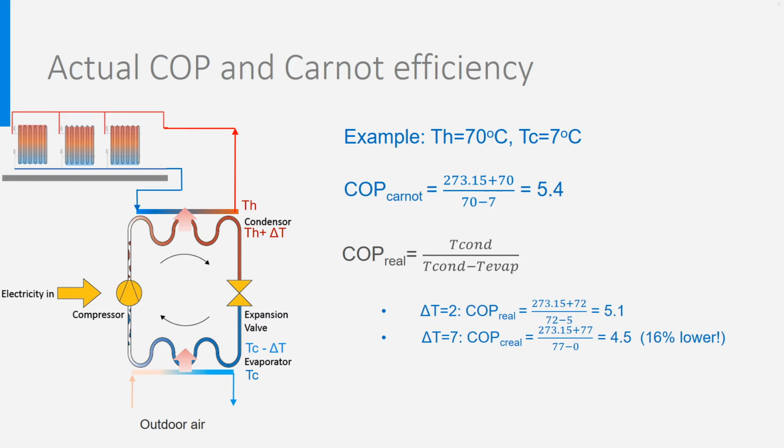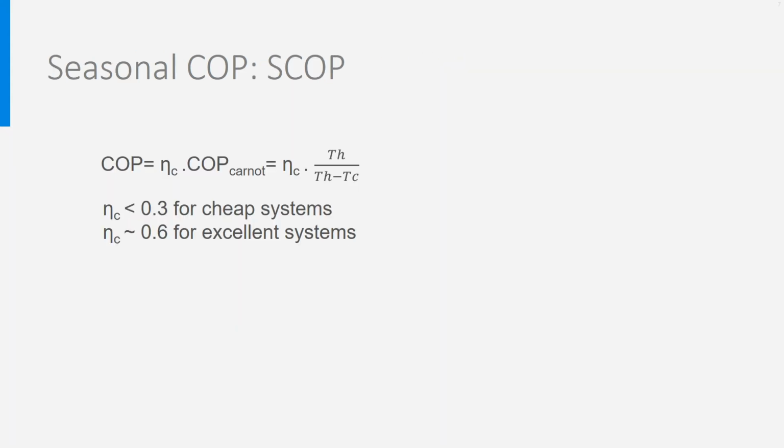Generally, producers give the COP of their heat pump as being the Carnot COP times the Carnot efficiency. This Carnot efficiency accounts for non-ideal heat exchange in the evaporator and the condenser, and for all losses in the compressor and in pipes, valves and casing, and also pump and fan energy at the source and sink sides. The Carnot efficiency ETC is generally quite low.